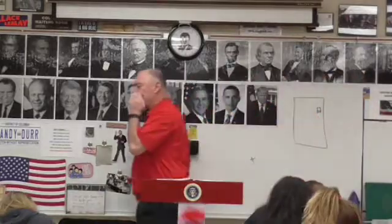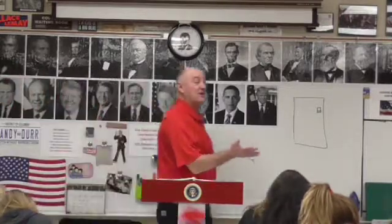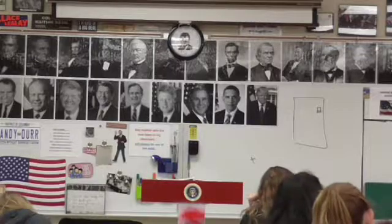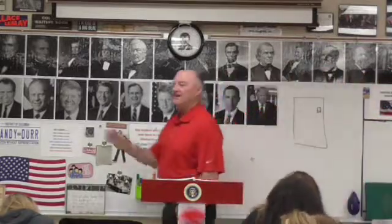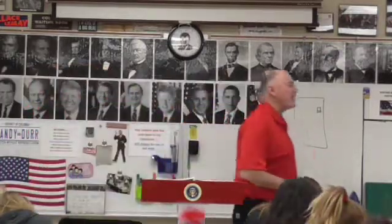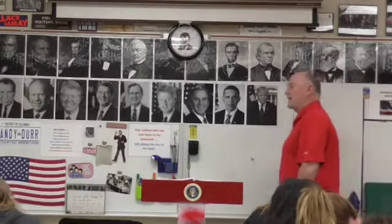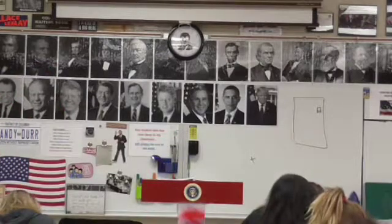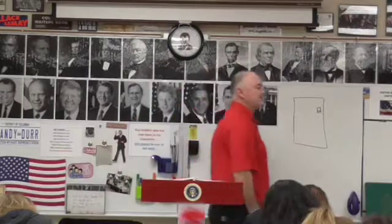So Oswald leaves the front door of the Texas School Book Depository. He walks up Elm Street, hails down a city bus, pays his fare, and gets on. Well, the bus is going too slow, and things are starting to happen because the president's been shot. So he gets nervous and exits the bus and hails down a cab and asks the taxi cab driver to take him to his boarding house in the Oak Cliff section of Dallas, which is a suburb about 2 miles away. The bus is not traveling very well because of the confusion. It's big in that area because of the assassination. He gets off the bus, hails down a taxi cab, and asks him to take him to his boarding house